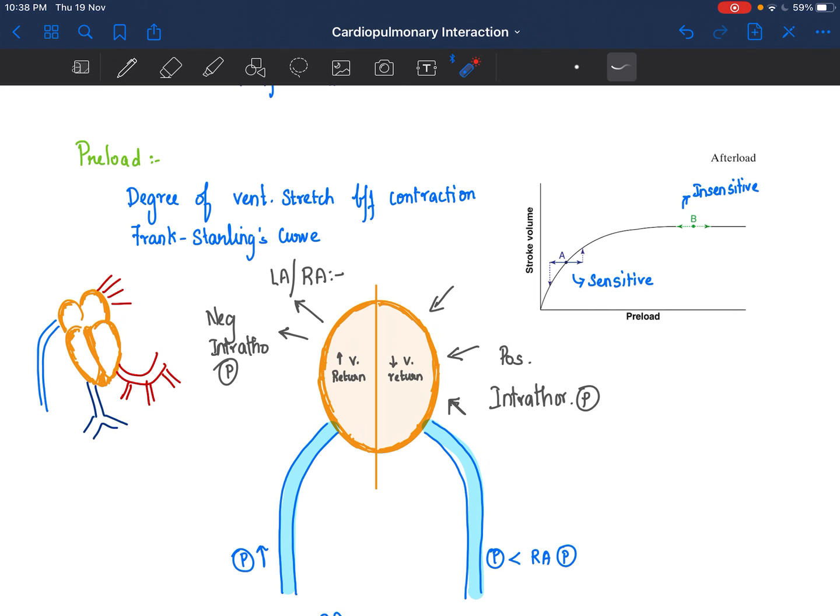So, what happens in mechanical ventilation? On this side you can see a normal spontaneously breathing patient, let us put it that way. The person has a negative intrathoracic pressure during inspiration. So, this negative intrathoracic pressure is going to do what? This is going to